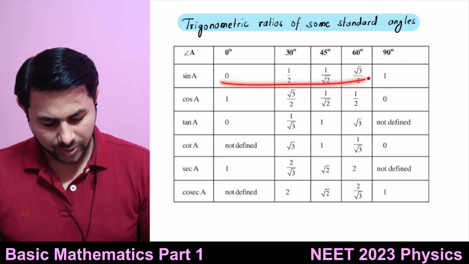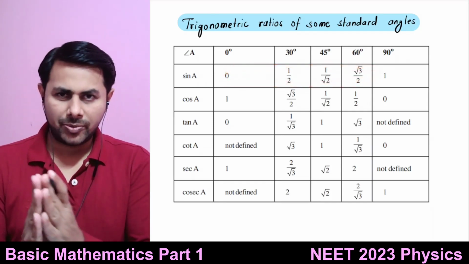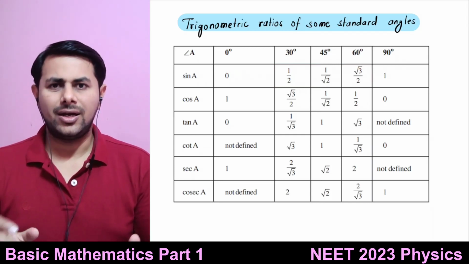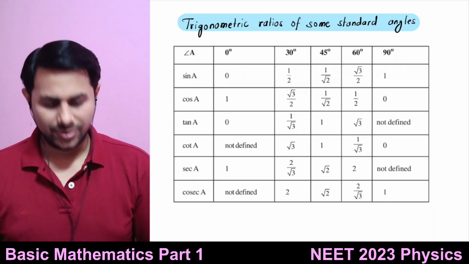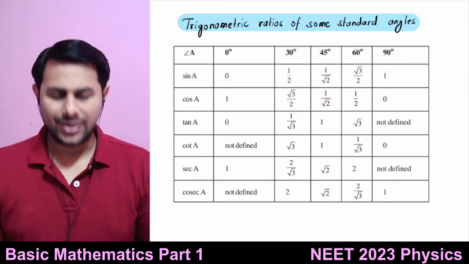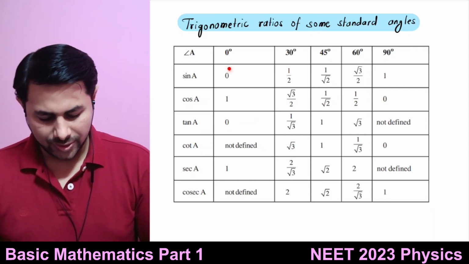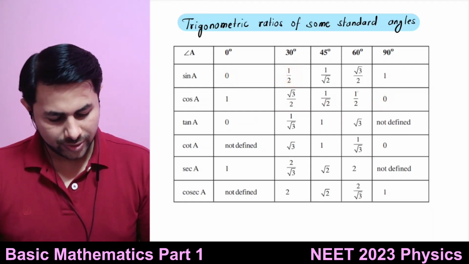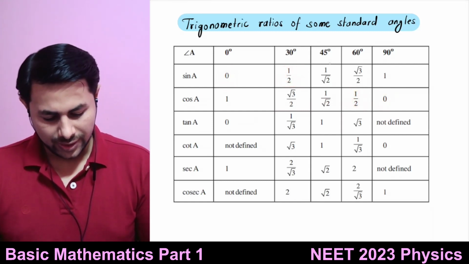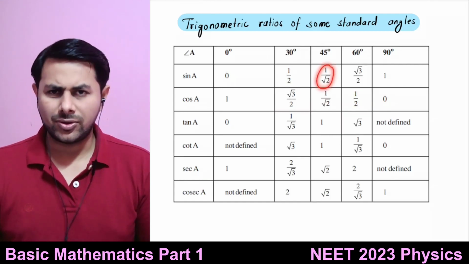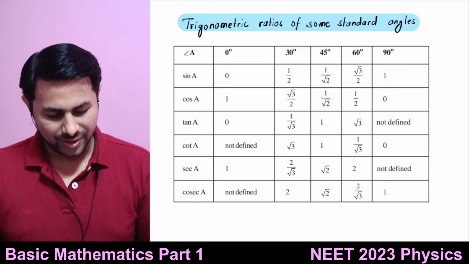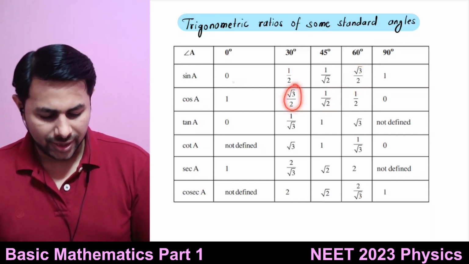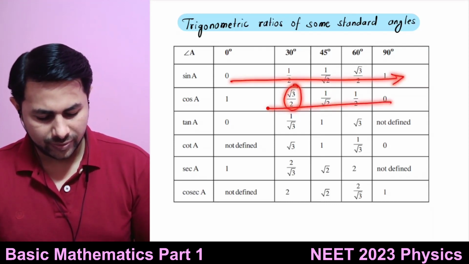So if you reverse this, you are going from 0 to 90. The values of sine from 0 to 90 are the values of cos from 90 to 0, in opposite order. So sine 0 is 0, cos of 90 is 0. Sine of 30 is 1 by 2, cos of 60 is 1 by 2. Sine of 45 is 1 over root 2 and cos of 45 is also 1 over root 2. The sine of 60 is root 3 by 2, then cos of 30. Here we are going in this order and here in the opposite